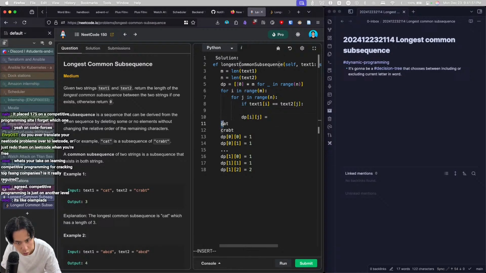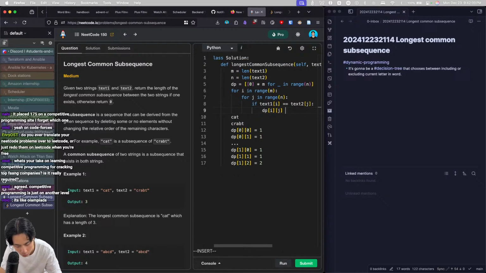Then once you reach that condition, what? C and C? Then you say you increment dpij by 1. So 0, 0 is going to be 1. Then when J increments, so it's going to be CR and C. If J or R is not equal to C,